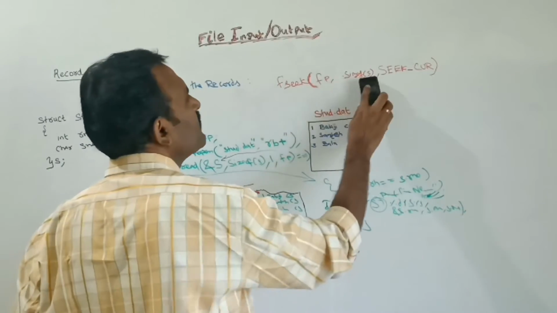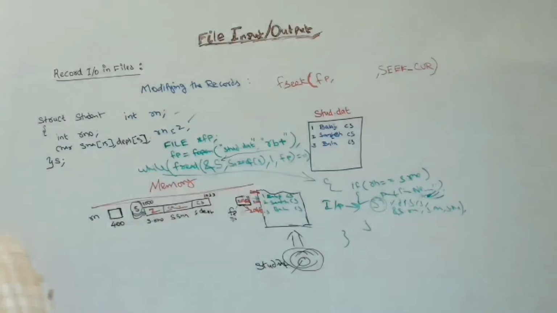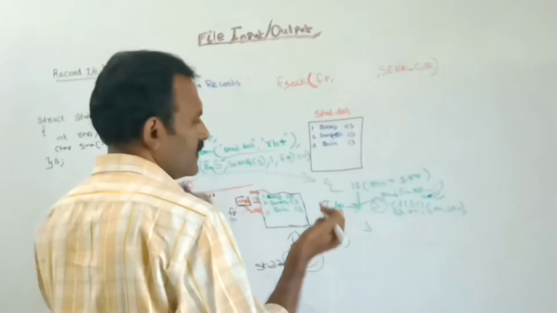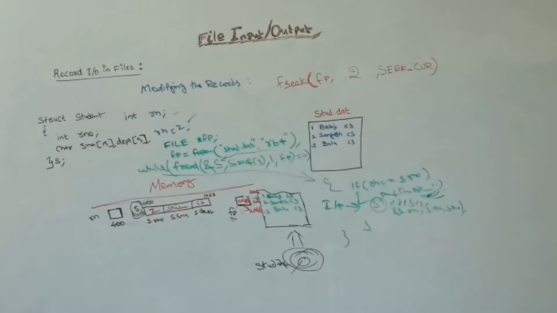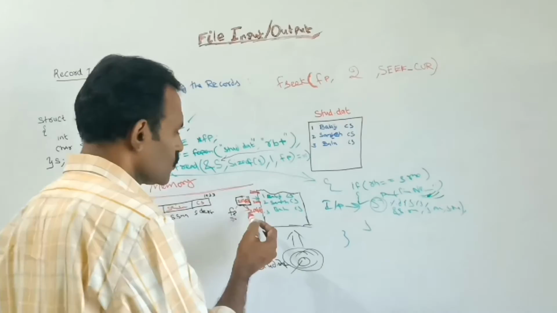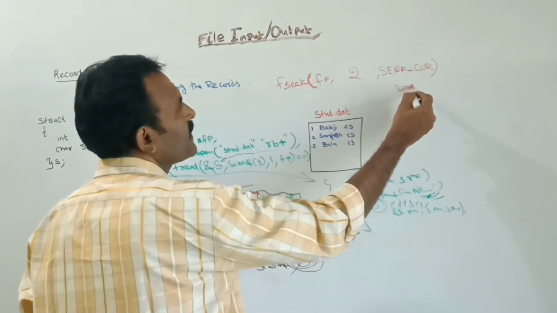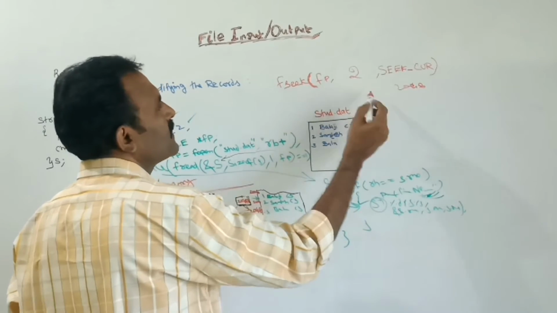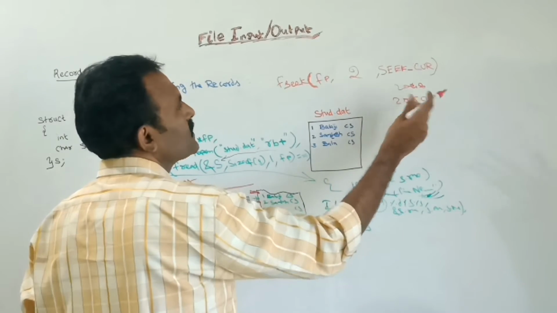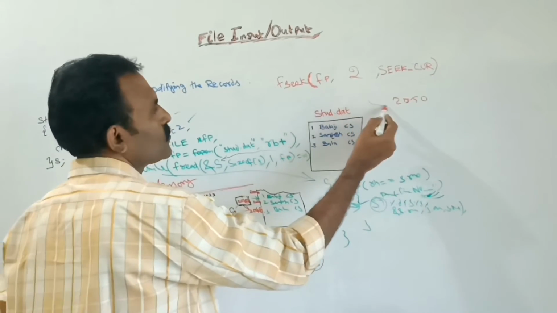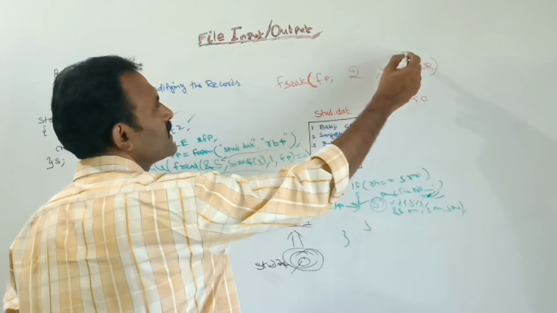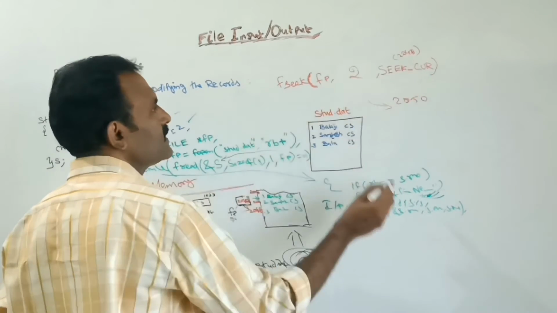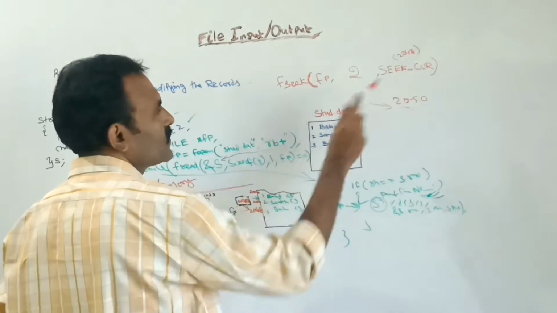Here, suppose you are giving simply 2 without using the sizeof operator, then what will be the answer here? Where will the file pointer be placed? Now currently the file pointer is placed at 2048. So 2048 plus 2, that is the 2050th position, where the file pointer moves. The file pointer moves to the 2050th address. Now if it is at address 2048, then plus 2 it moves to 2050.